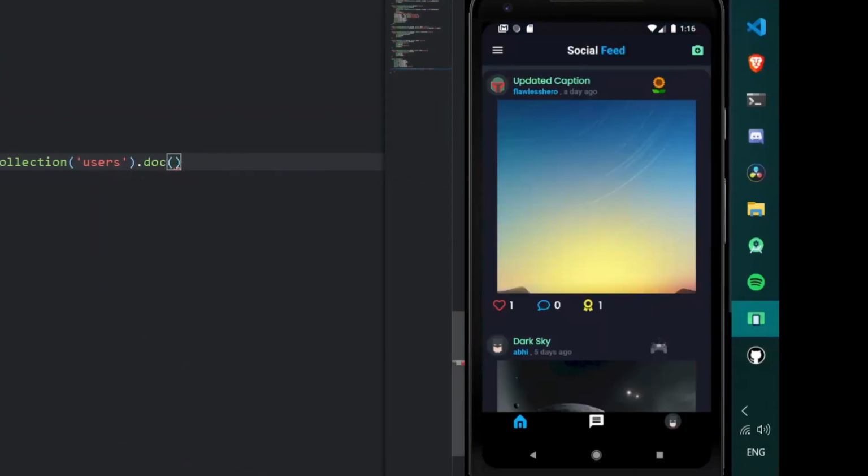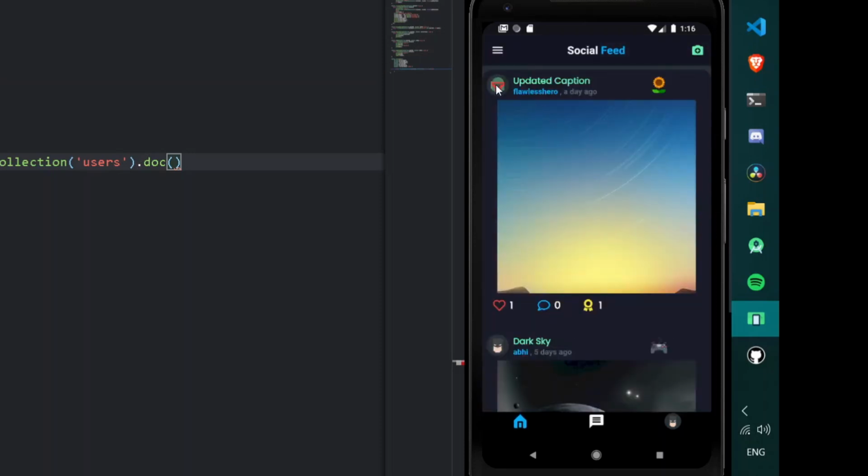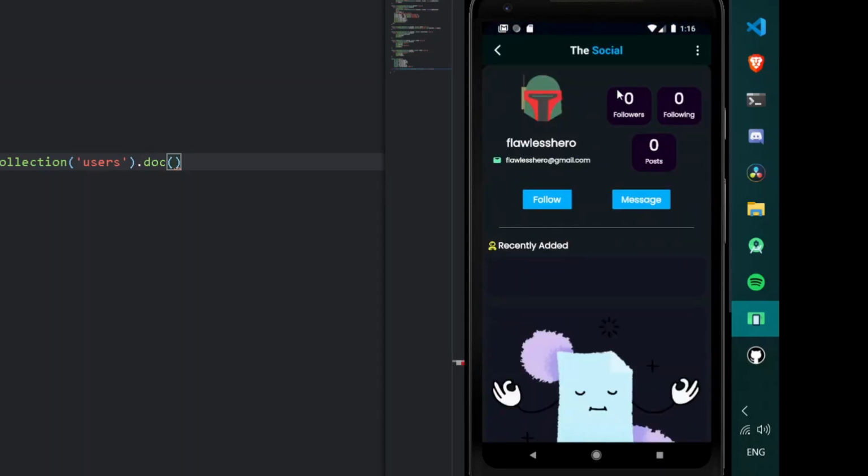That is, if Dungeon Master shall be following Flawless Hero, his following will be increased by 1, that is the counter shall be increased by 1. And here under the following option of recently added, we need to add the data of who he is following. And after that if we go under Flawless Hero, here the followers option shall be increased by 1. So in this way we need to create a following architecture.